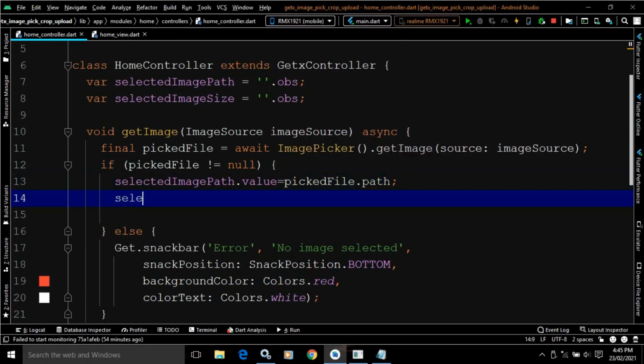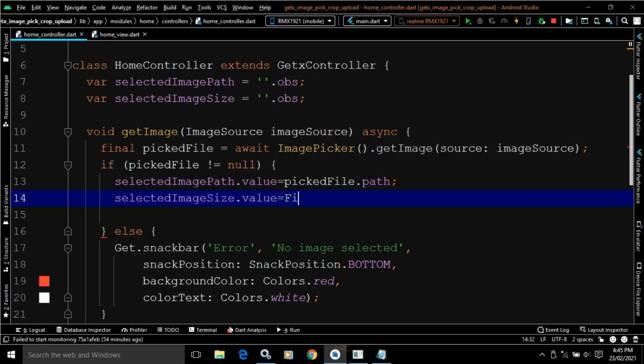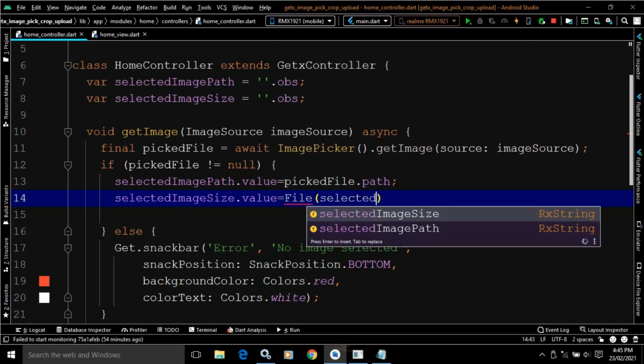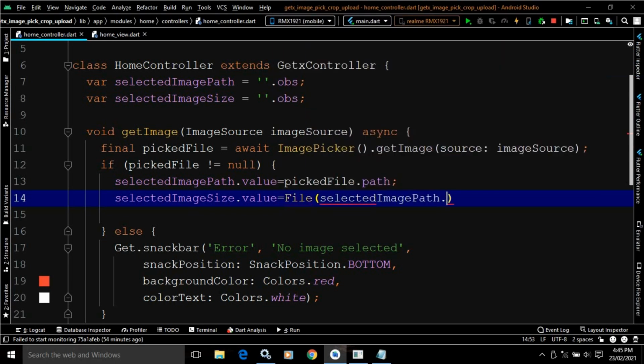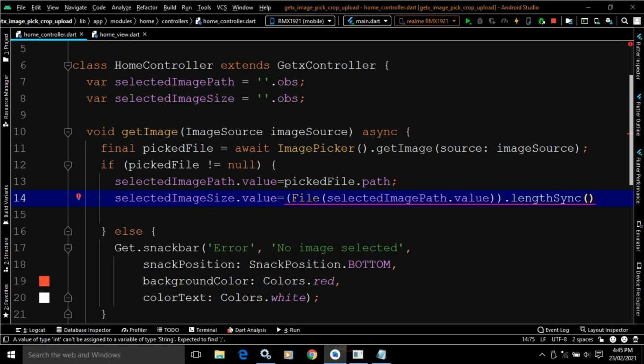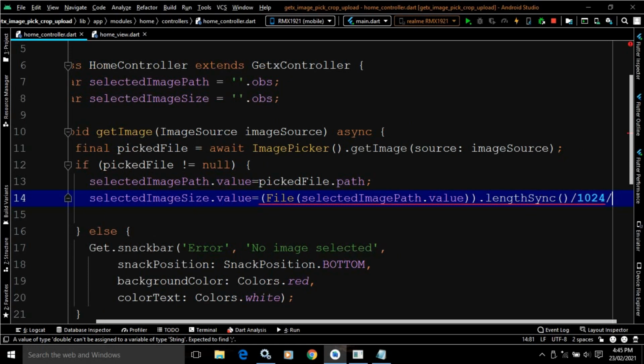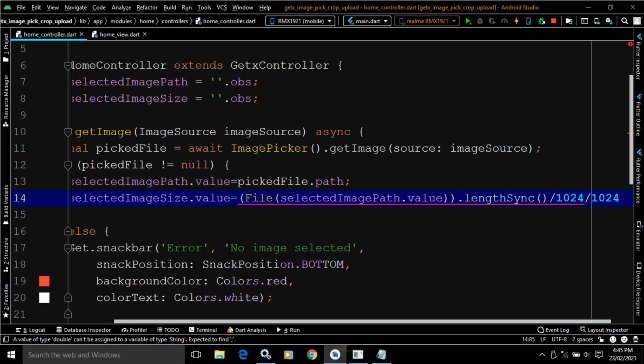And the size of the selected image I will store inside the variable selectedImageSize. selectedImageSize.value equals File(selectedImagePath.value), and after that, let me wrap it inside parentheses. Here, to find the length, it contains a function called lengthSync, which gives the image size in bytes. I will divide it by 1024 to get the image size in KB, and again divide it by 1024 to get the image size in MB.